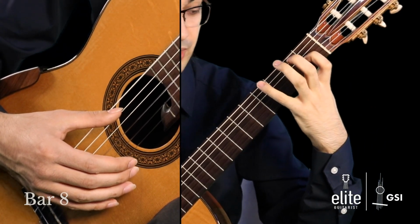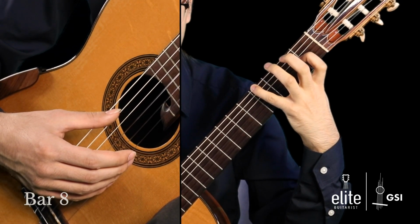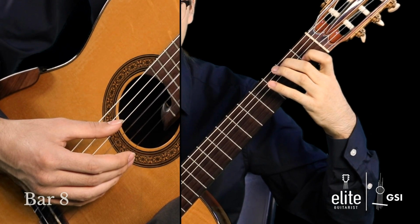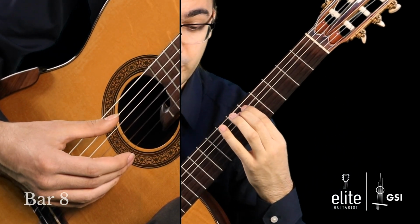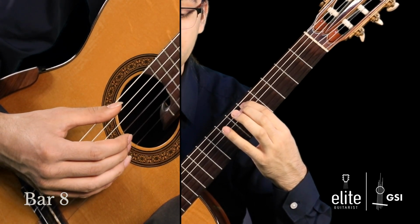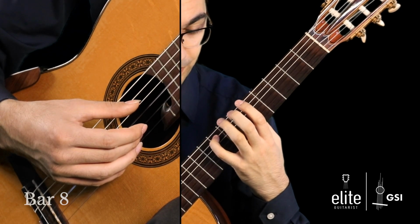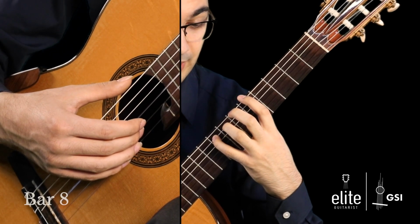Open 6th string, then G sharp on the 4th fret of the 6th string, played with the 4th finger, then B, played with the 2nd finger on the 2nd fret of the 5th string, and now you'll have to go to the 5th position, play D. Instead of using the open string, play this D on the 5th fret of the 5th string with the 1st finger, and then just add your 4th finger on the 8th fret of the same string, the 5th string,